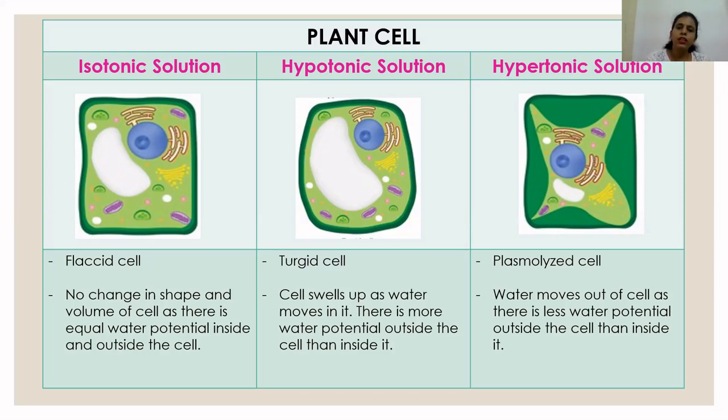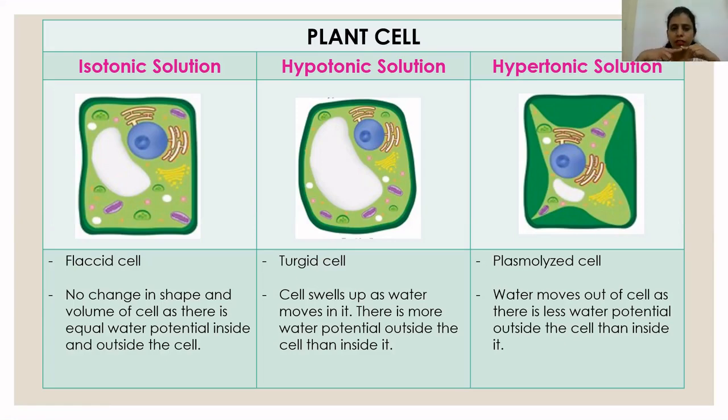So when a plant cell is placed in hypotonic solution, the water molecules enter inside the plant cell, and when the plant cell is completely filled with water molecules, that means no more extra space is present inside the cytoplasm of the cell for extra water molecules. At that particular time, these water molecules press against the cell membrane. They start applying pressure on the cell membrane, and this cell membrane applies the same pressure to the cell wall.